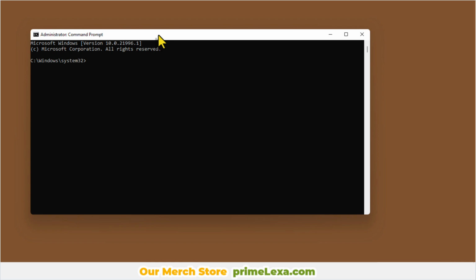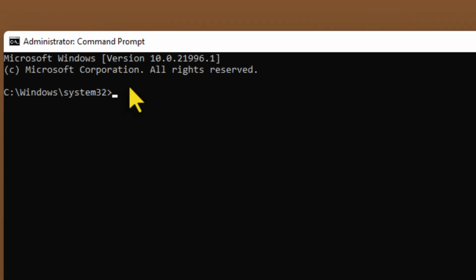You'll probably see a confirmation box pop up, asking if you want to allow the app to make changes. Just click Yes on that. You'll now have a new terminal window open, and it probably says Administrator in the title bar. Perfect. Finally, in this new Administrator window, simply type that original command again,